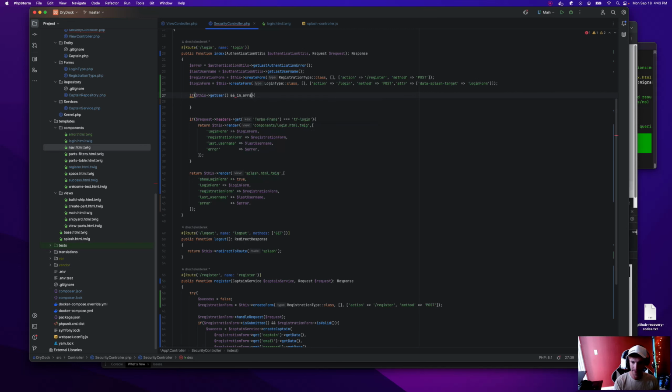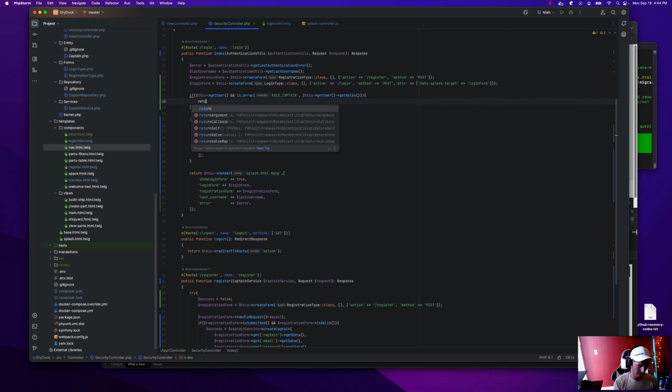And in array, role captain, and this is kind of arbitrary at this point, but it's just at least a little extra something. Get user, get roles. Yeah, okay, cool. Then we're going to do return